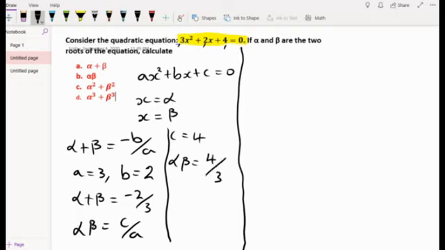So let's keep these two values because we are going to need them later on in answering the other two questions, that is the C and the D. So we have to refer to them later. Okay, so let's go to the C question. Question C, we are asked to get